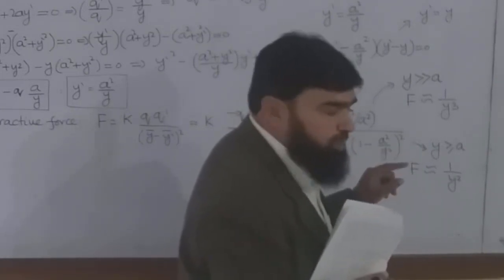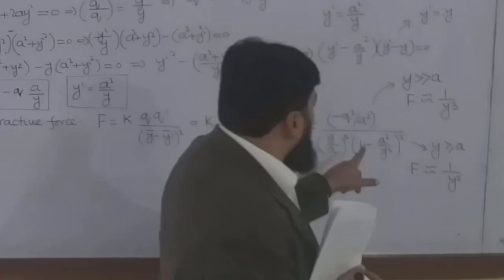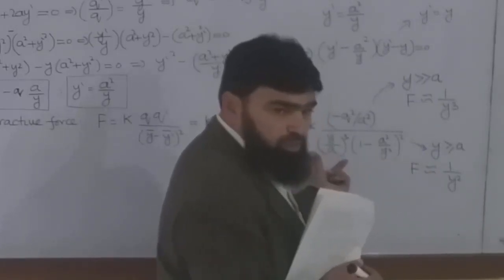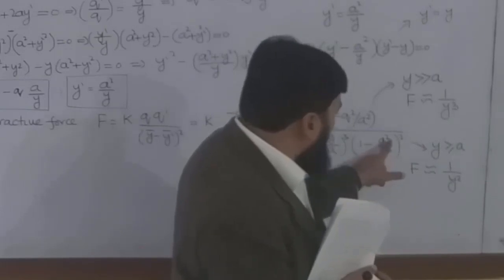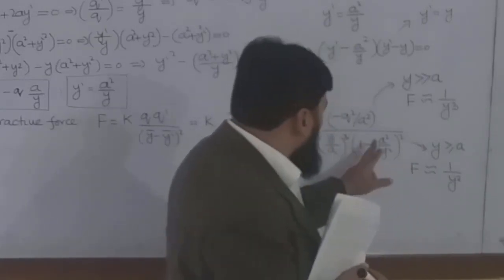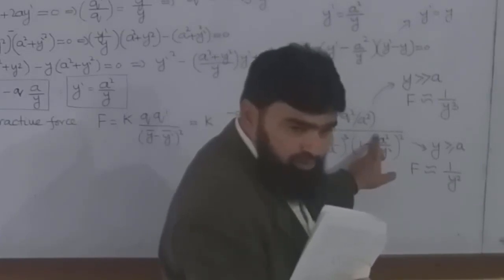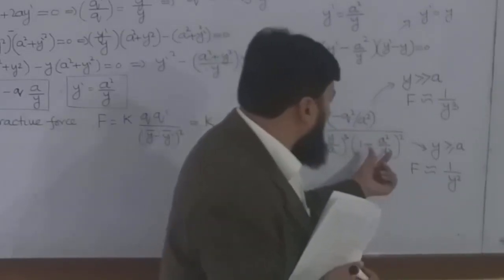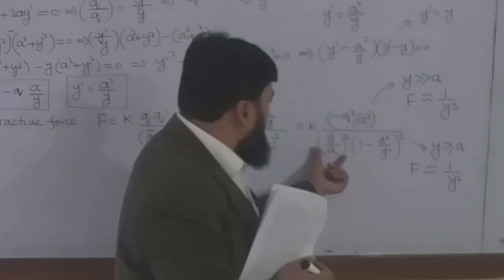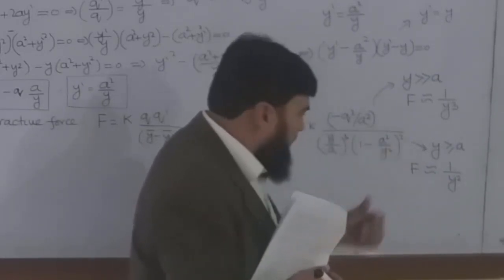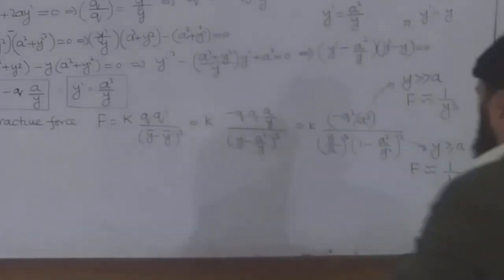So 1 minus 1, 0. But you will have to calculate this one with it. If y is slightly greater than a, then this value will become slightly less than 1, right? Okay. Look here, then this one. Y means you do a little bit more mathematics here, then it will become